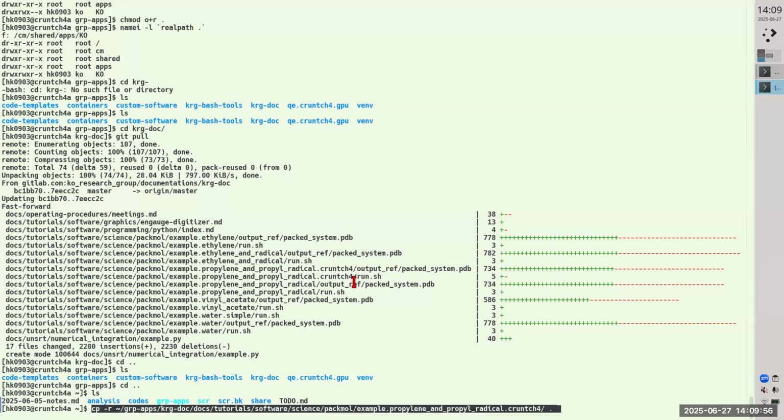So basically this line copies this template to your home or to your current position. And the template is the one inside, or there's a number of folders, but basically that's the example for polypropylene. And we have propyl radical and that crunch fork. So that is an example for crunch fork. We need to copy that from KRG doc. So if you look at the path here